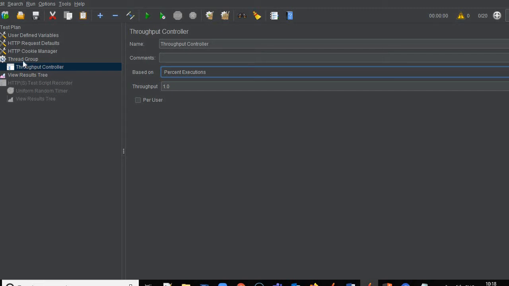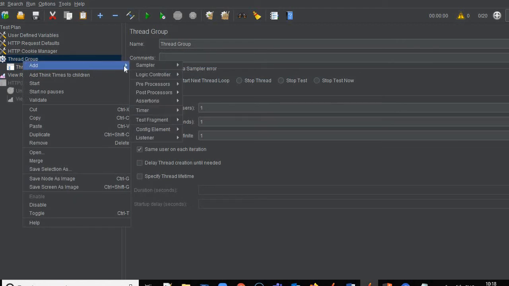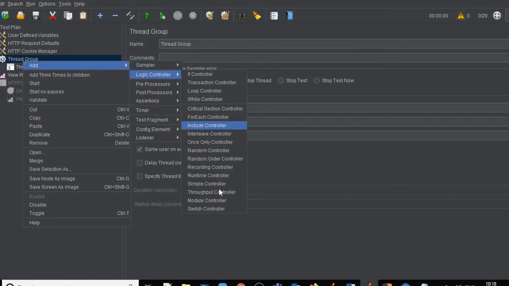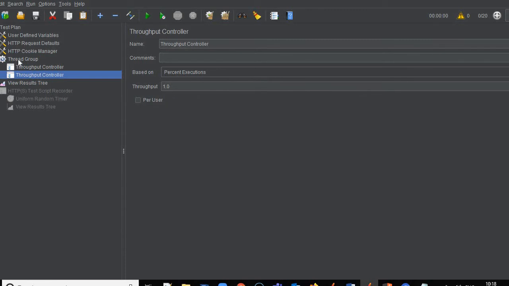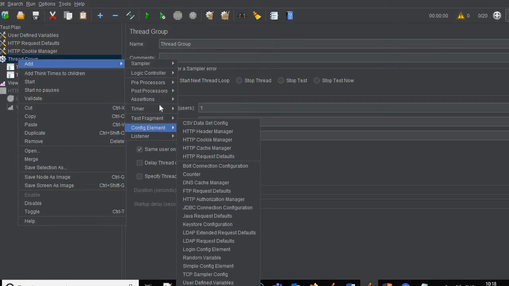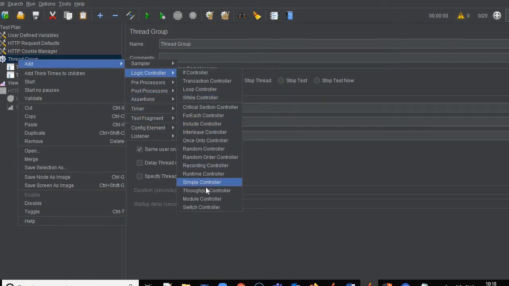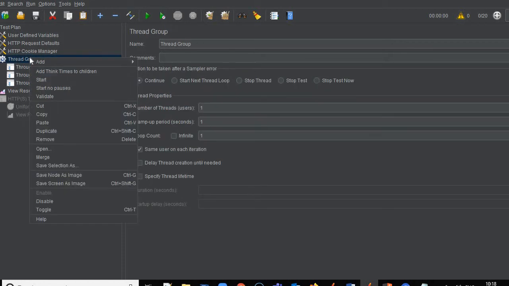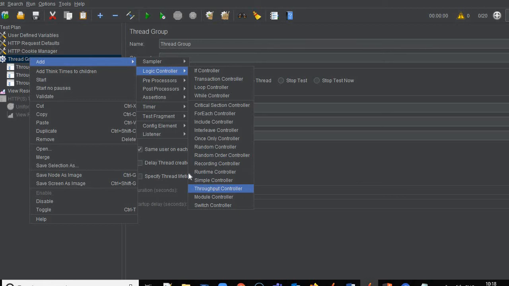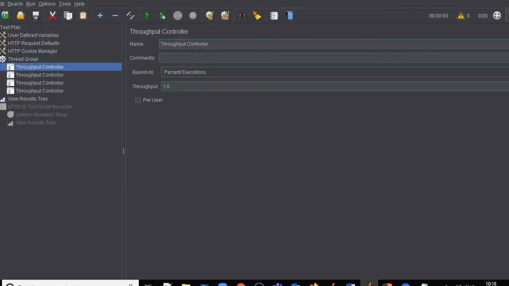So first of all I will add 4 different throughput controllers, then add a request in each and make the settings. Let's name them throughput controller 1, throughput controller 2, throughput controller 3, and throughput controller 4.